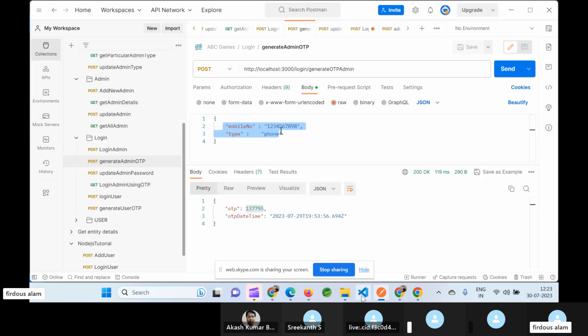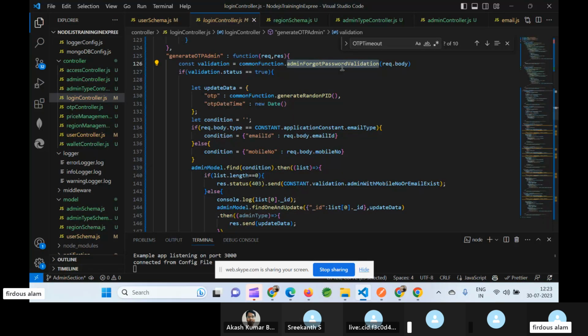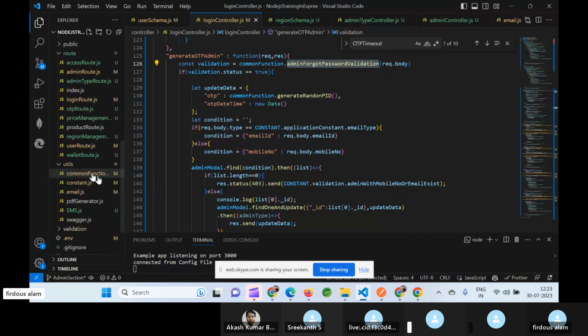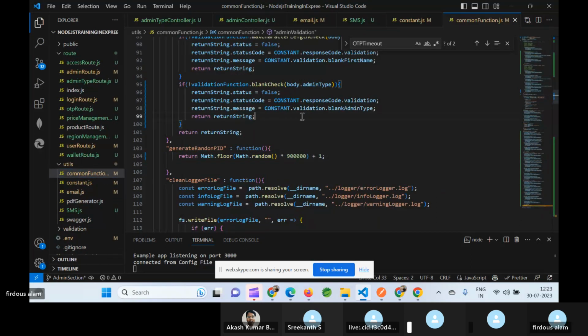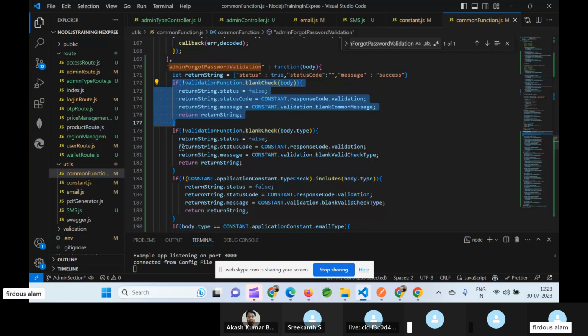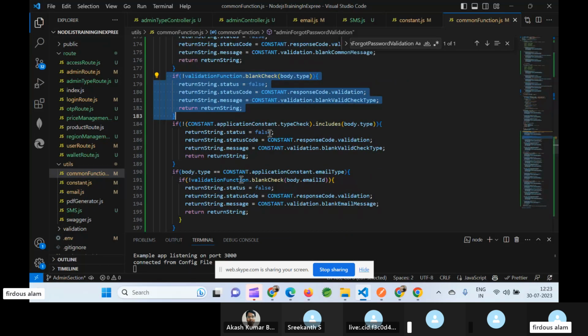So if I check the validation, you will see it depends upon a few things. Let me open this. First thing I check is whether it has anything in the body or not. Then I check whether it has a type or not. And the next thing which I check is